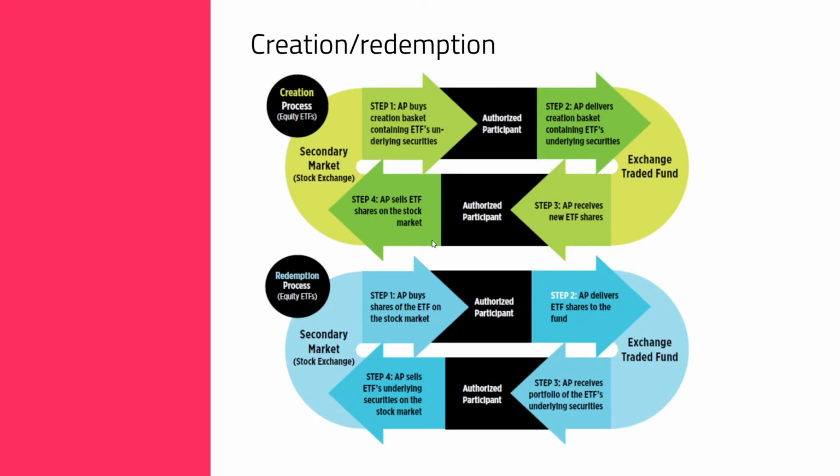So what does that mean? Imagine an equity ETF, so an S&P 500 ETF. It's already on the market in this case. The ETF holds shares of American companies, and someone wants to buy some ETF units, which will increase the price of the ETF. But the ETF is just a basket of stocks. The price of the ETF should correlate perfectly with the price of what it actually owns. It doesn't provide anything additional. So if the price of the ETF units goes up because someone is buying a lot, for example,